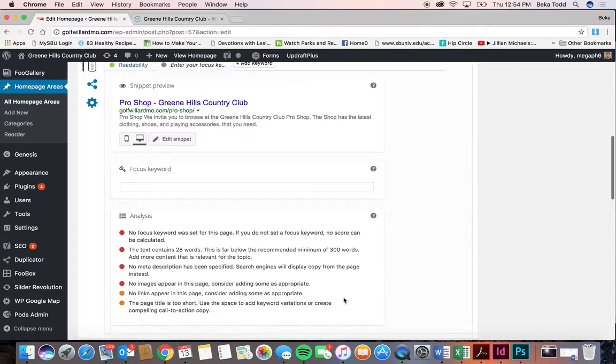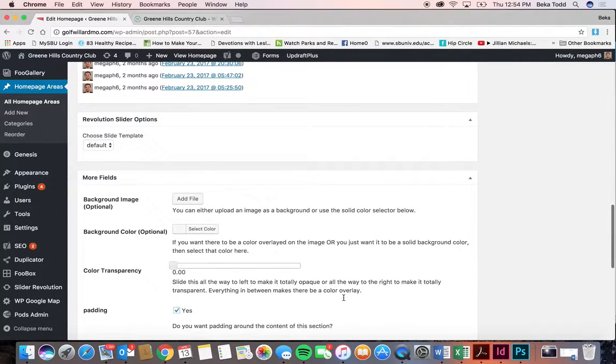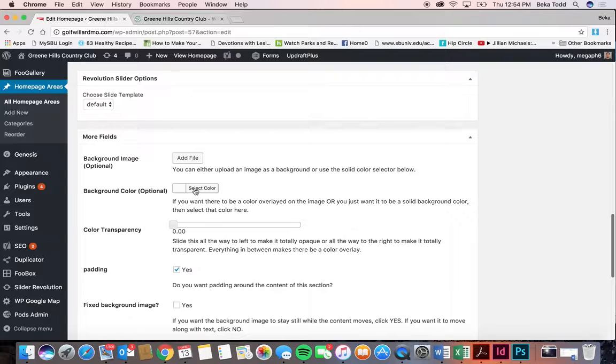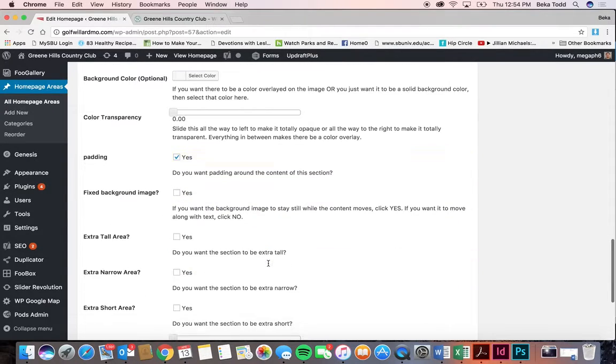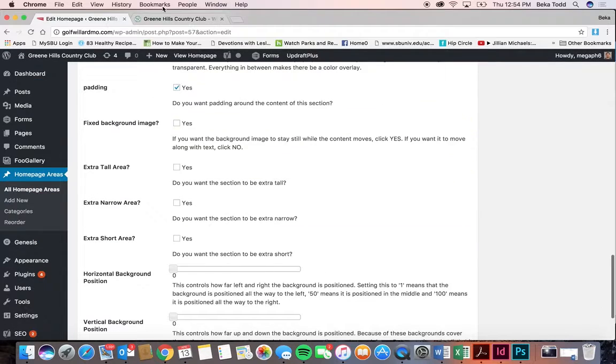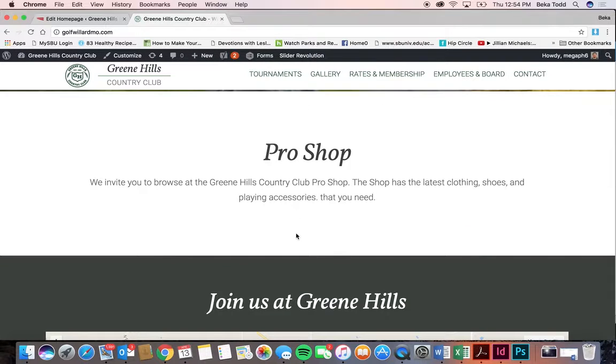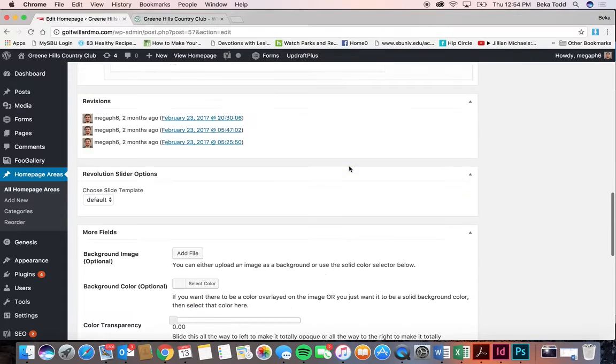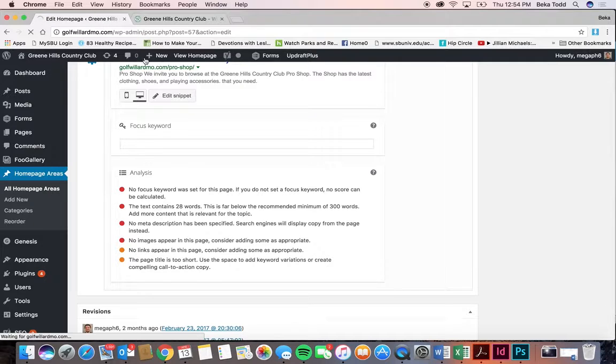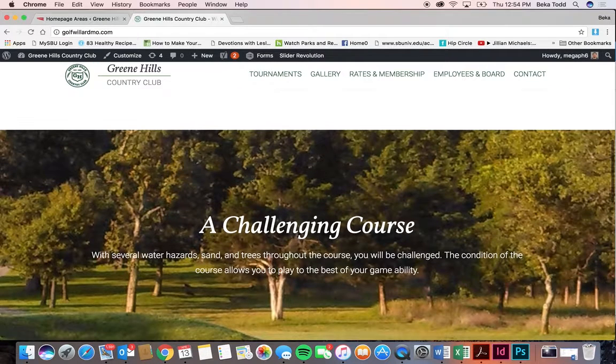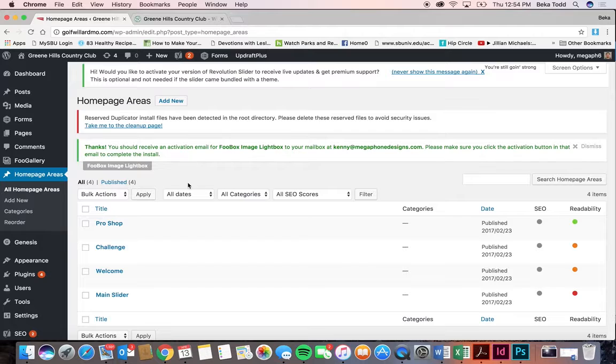And then if you scroll down, we don't have any color selected. We just have padding yes clicked. You always want to click that on homepage areas to give it the room on either side of the words, to give it some padding. So under, let's see, a challenging course,